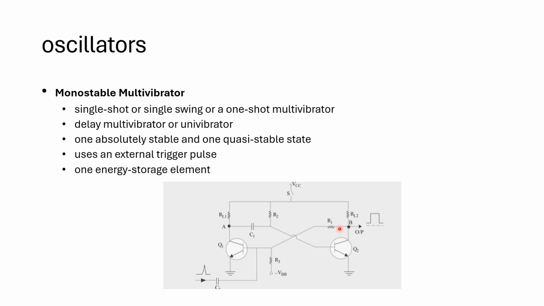Okay, so in the absence of a triggering pulse at C2 and S is closed, we cannot say that Q1 and Q2 will be alternating. It is not possible, unlike the earlier circuit, where Q1 can start conducting, Q2 can start conducting. So in this case, Q2 is always conducting. Why is Q2 always conducting? Q2 is always conducting because of your negative VBB here. So negative VBB here reverse biases your Q1.